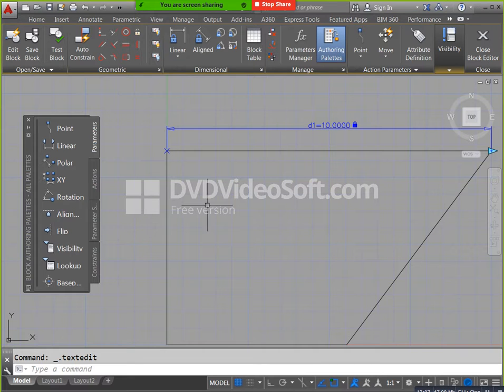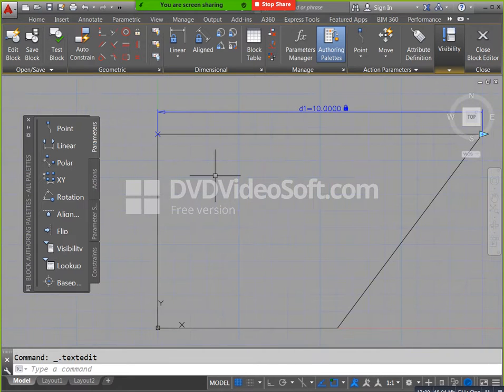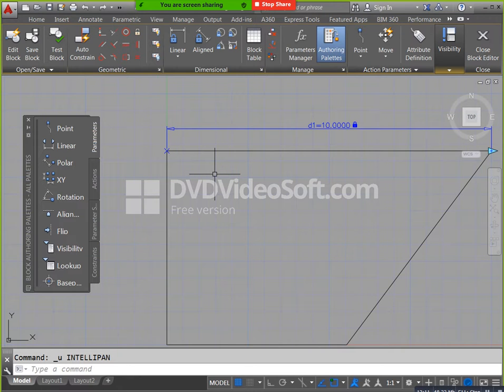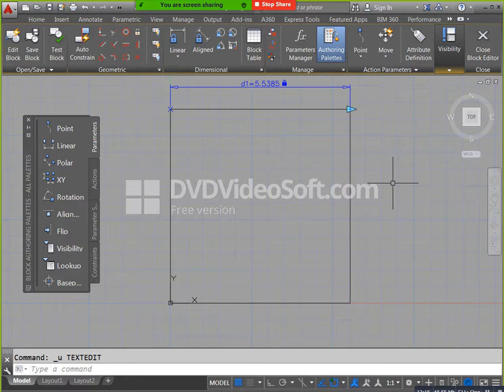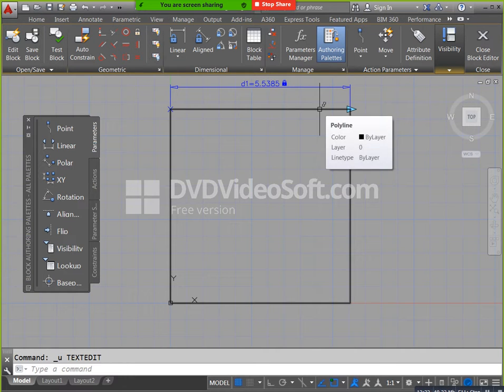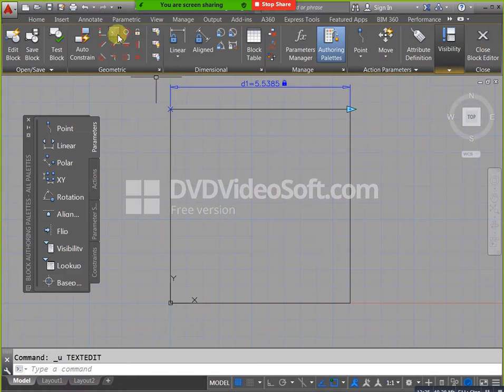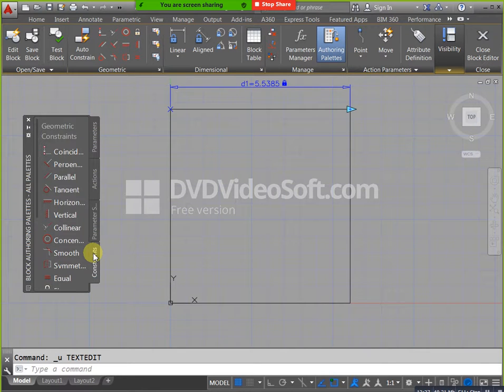In that condition, what we need to do is apply our constraints. Constraints means relation. We need to apply a relation for these two lines. Here we have our relation. Here also you can get constraints. A constraint is nothing but a relation. This line compulsorily needs to be parallel to this line. That's why you can select parallel. You can apply it here and here. We have parallel. Now you can increase your distance.